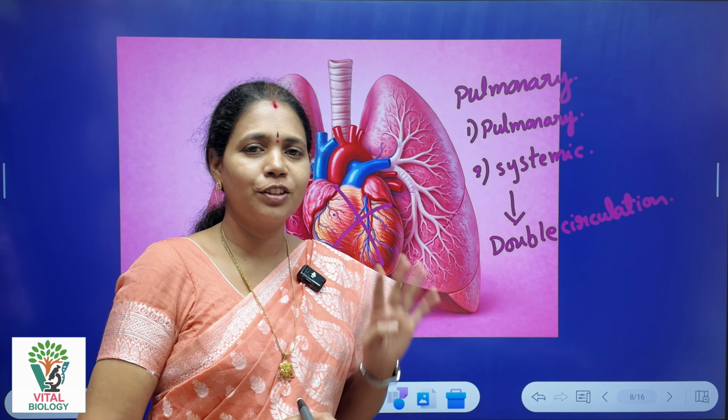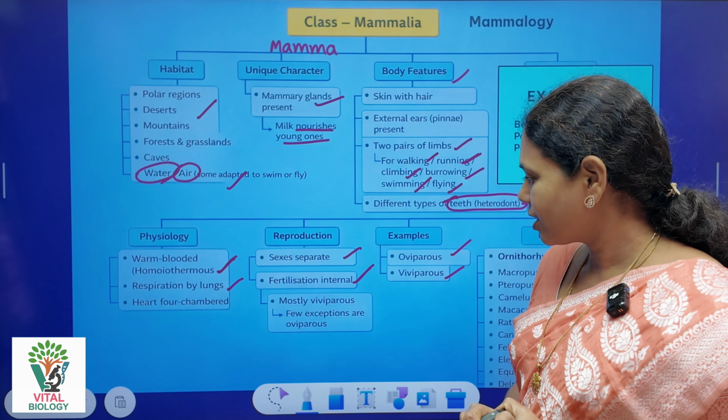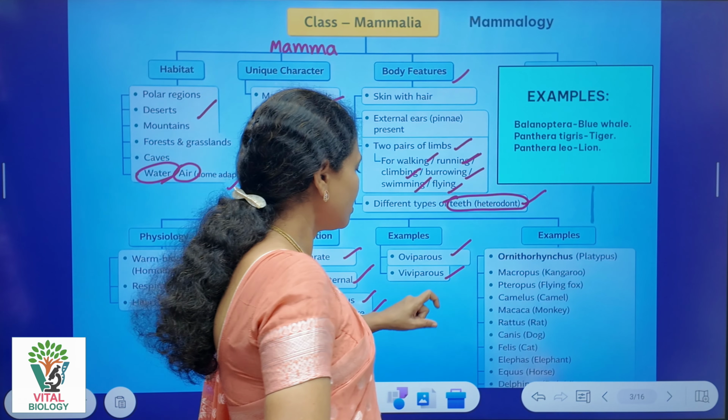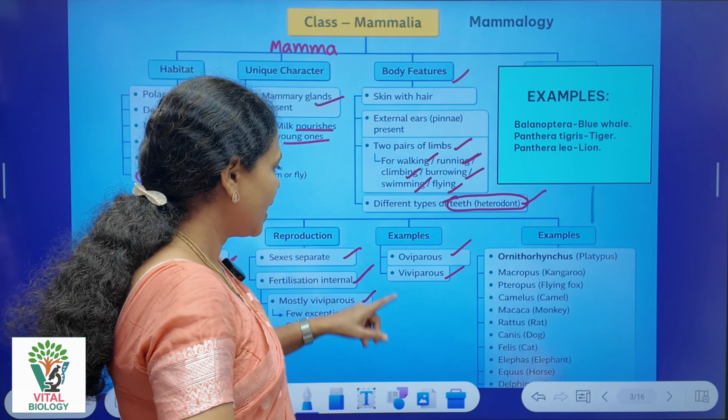Generally, the majority of these animals are viviparous, which means they produce live young ones. Very few are egg-laying animals, meaning oviparous. So few are oviparous and the majority are viviparous. Fertilization is internal, the fertilization process occurs inside the body. That's why it is internal fertilization. And in the case of these particular mammal examples, as we said,